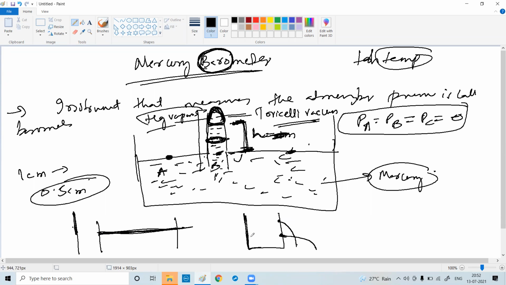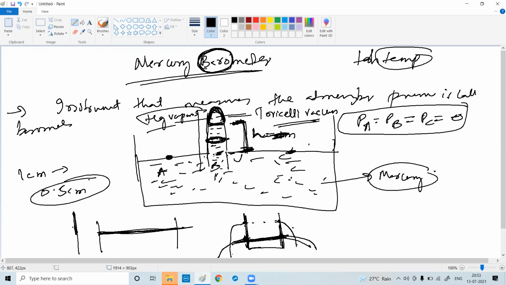But now do one thing. You take a similar height, you take one more hole here, and one more hole here exactly opposite to this. You will see both these holes will have the same pressure. That means at the same height the pressure does not change. If the height is the same, then the pressure is the same. If the height increases, then the pressure will decrease.